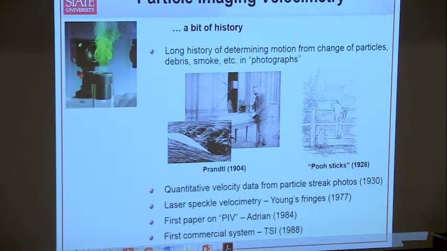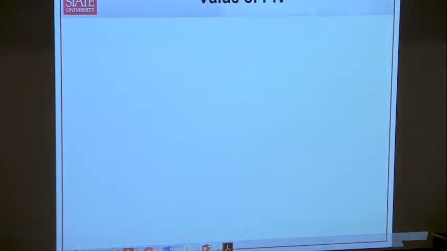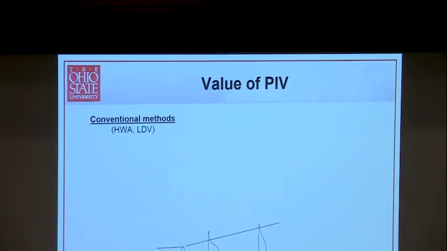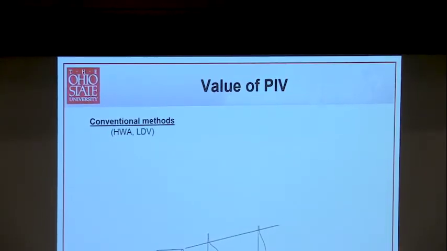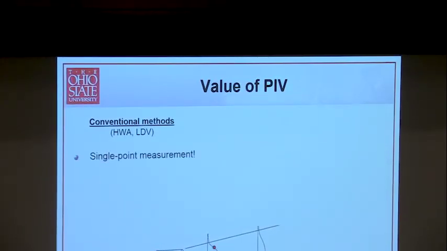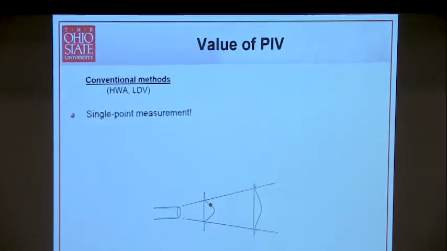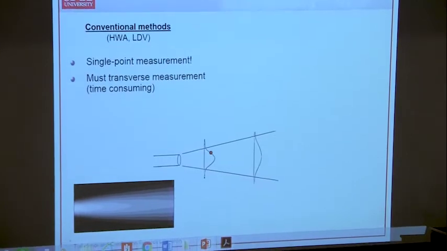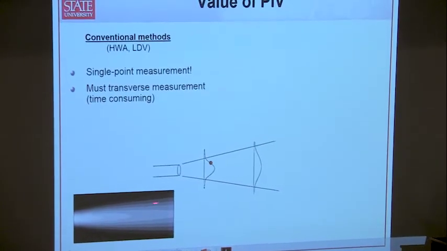Okay, so the whole idea that this technique is based around is we're going to put tracer particles in the flow and try to determine the velocity. So what's the value of PIV? Let's go back to some of the methods we talked about in the last lecture, where we have hot wire and LDV. It's a single point measurement. So again, we can get a measurement at one point of the flow. If we traverse it around, we can get a field in terms of the statistics, okay, not instantaneous structure, but